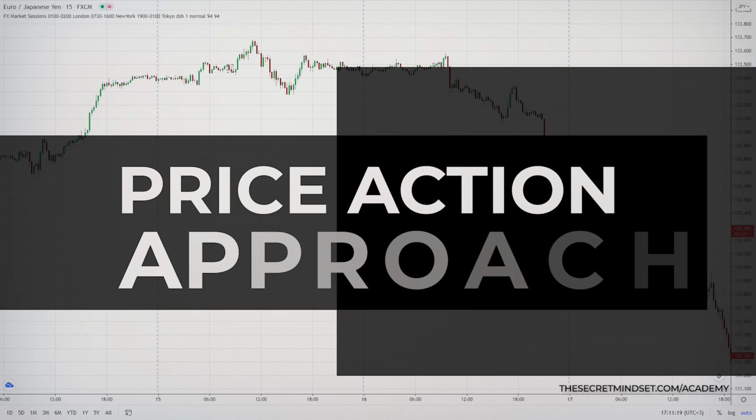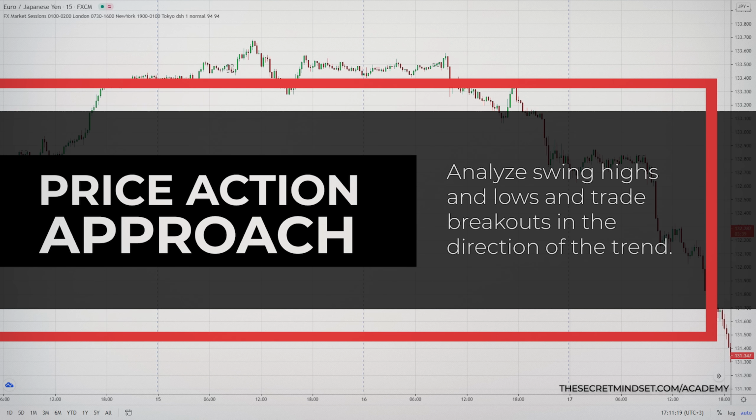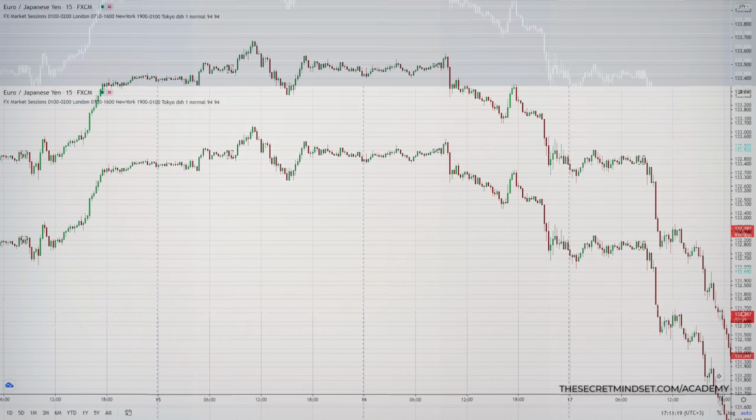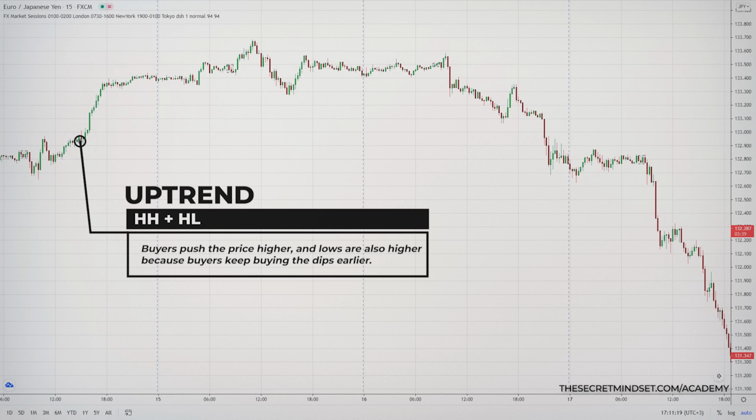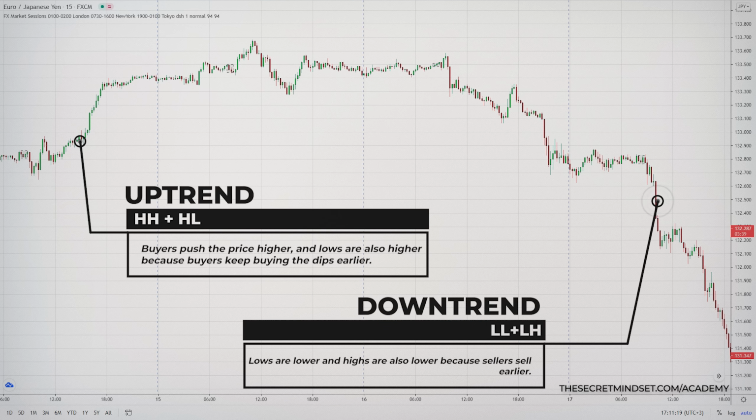If you are a price action trader, you can analyze swing highs and lows and trade breakouts in the direction of the trend. During an uptrend, you will have higher highs because buyers push the price higher, and lows are also higher because buyers keep buying the dips earlier. During a downtrend, lows are lower and highs are also lower because sellers sell earlier and buyers are not as